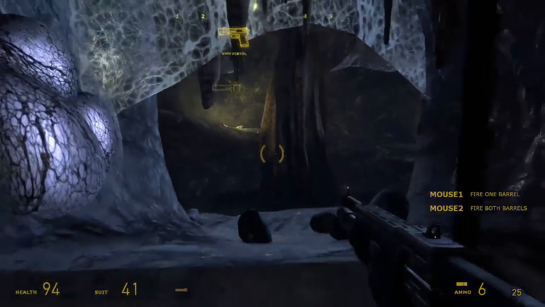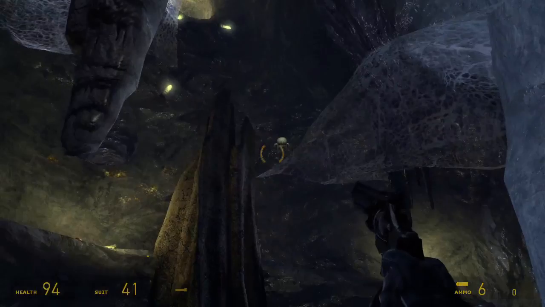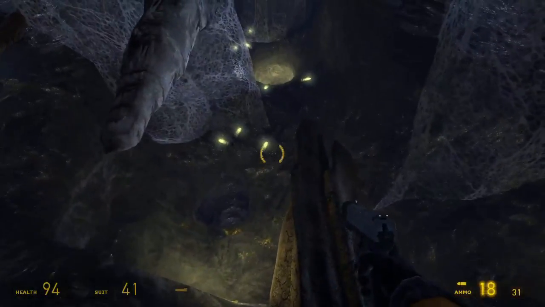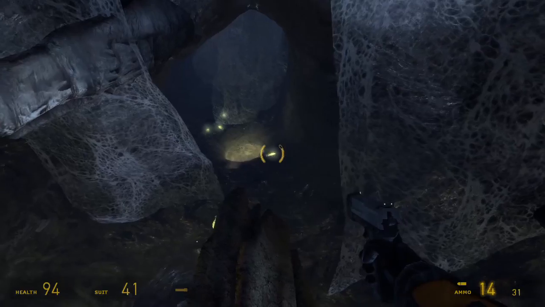One good shot from two barrels of the shotgun should deal with that, no problem. Where's this guy? These guys can also sort of fly. It's more of a hover, really. There are a lot of antlions in large rooms like this. I do think we can eventually reach these areas without...